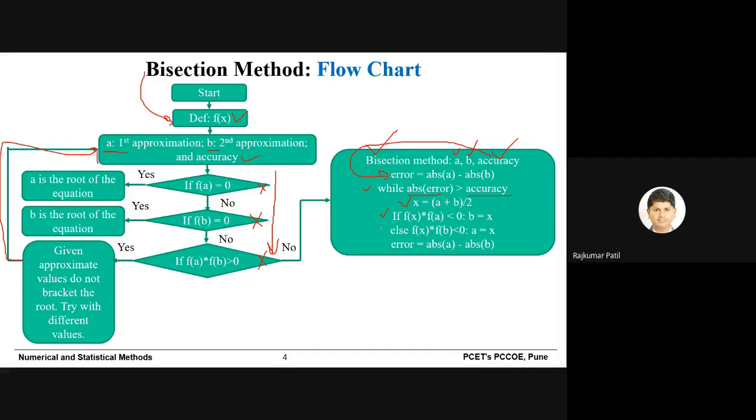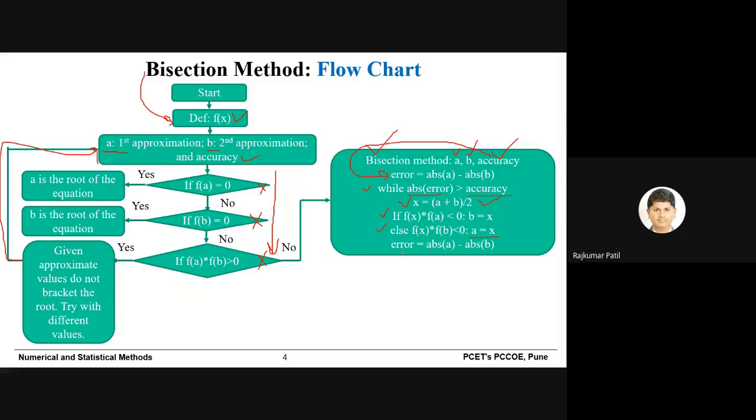If this condition is not true, then we will check the next condition, that is the product f of x and f of b is less than 0. If this condition is true, then we can say that root lies between x and b, and therefore we assign a equal to x, that is root lies between a and b. This process we do to always express the equation in terms of a and b. Here you can see.